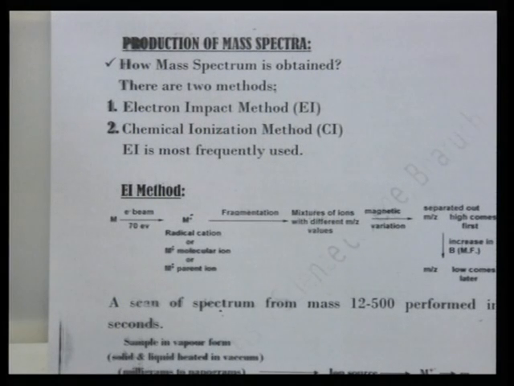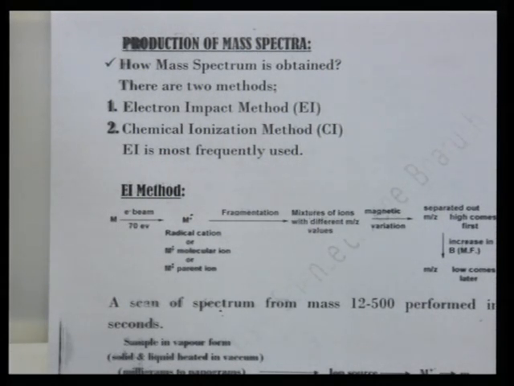Organic compounds having a mass from 12 units to 500 units are scanned in seconds, so very little time is required for scanning the mass spectrum. Now, a neutral organic molecule in vapor form is introduced into the instrument. Solids and liquids are heated in a vacuum and vaporized. Milligram to nanogram quantities of material are used here, and the vapor pressure is kept at 10 raised to minus 4 to 10 raised to minus 5 torr. 1 torr equals 10 raised to